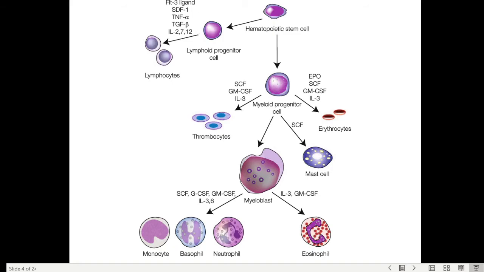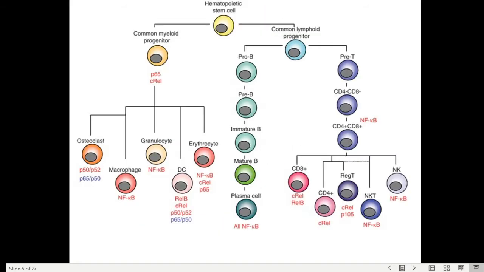Hematopoiesis has two different progenitor cells, that is lymphoid and myeloid cells. Both are activated by different signals, and those signals produce the blood cells. Okay, next is the